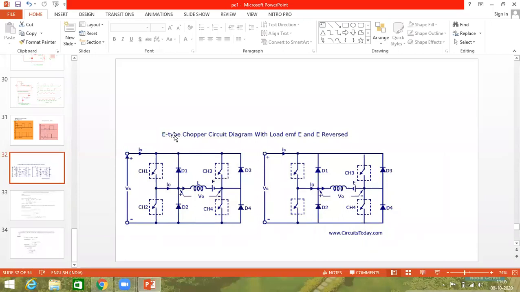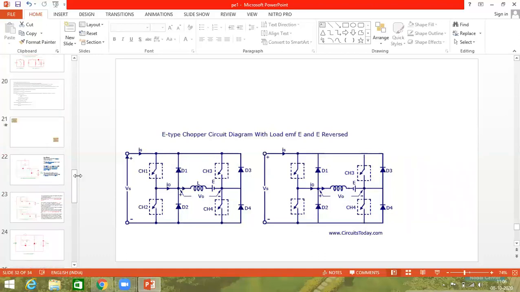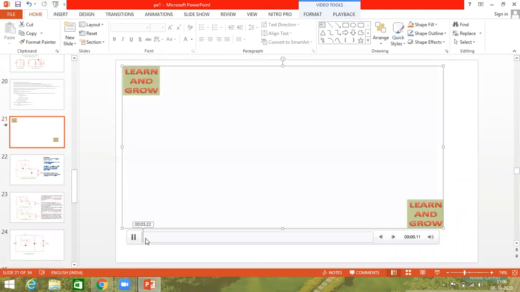Class E. You can see this is the new huge circuit we are having, but already we have started the class E topic, class E circuit. So I'll explain that class E now. On the other day, only the off circuit we had taken. I hope you people remember the